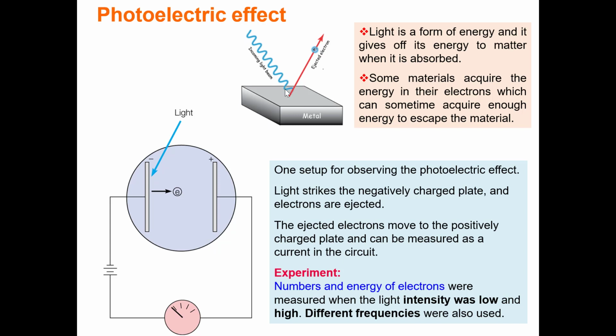This light is a wave, and a wave is energy. Remember, a wave is an energy. If this wave gives enough energy to this metal and the electrons gain enough energy, then at some point the electrons can escape from the material. And using